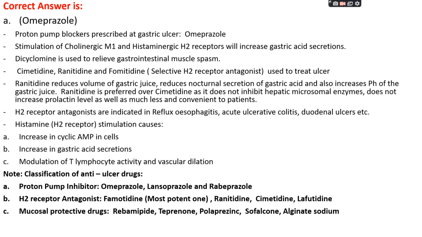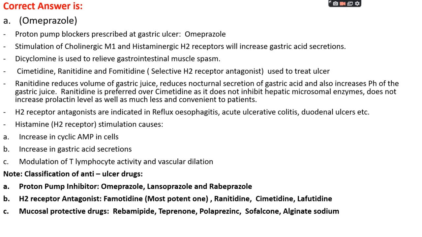Here are some other facts related to these anti-ulcer drugs. Stimulation of cholinergic muscarinic M1 receptors and histaminergic H2 receptors will lead to increased gastric acid secretion. Dicyclomine is used to relieve gastrointestinal muscle spasm. Cimetidine, ranitidine, and famotidine are selective